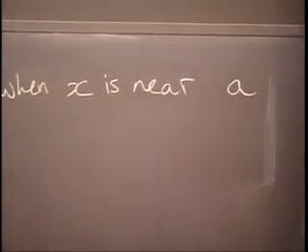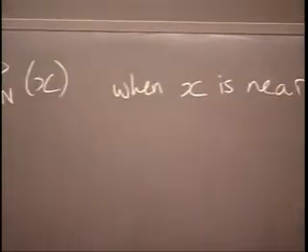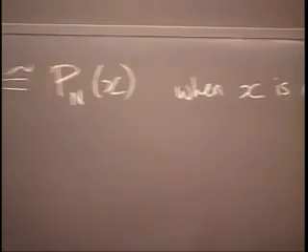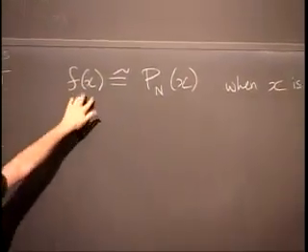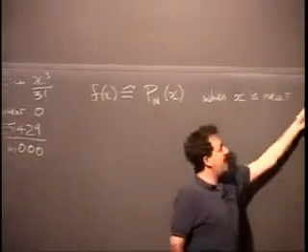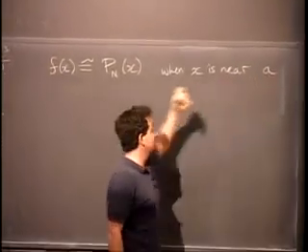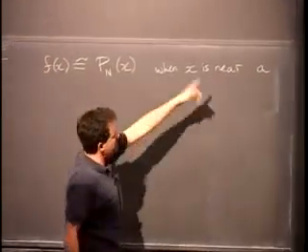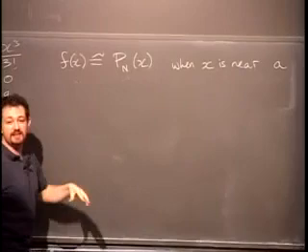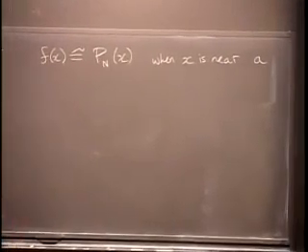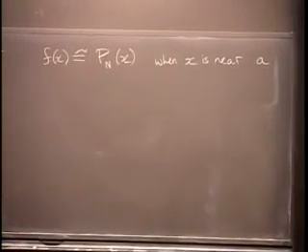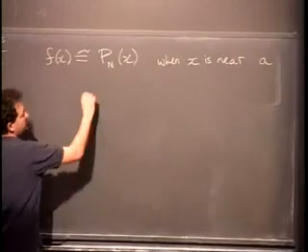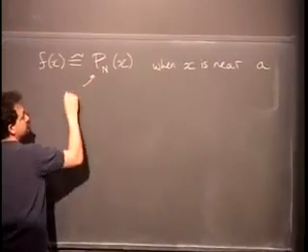So instead of just dealing with e to the x and 0, I'm dealing with some other function f and some other point a. So a could be 0, as it is in this case, or it could be some other number, and f of x can be any smooth function, e to the x in that particular case. Pn is the nth order Taylor polynomial,